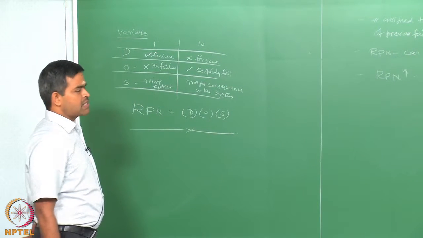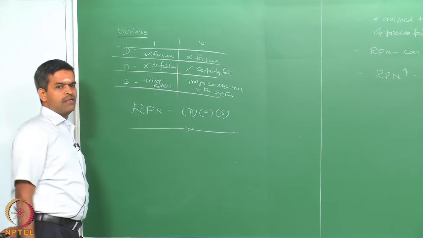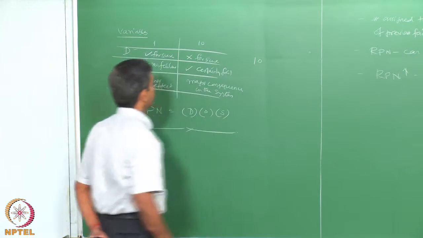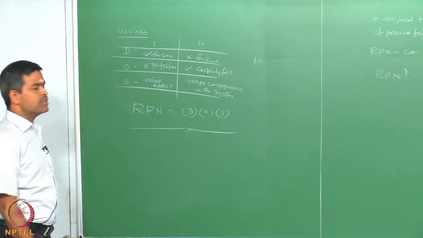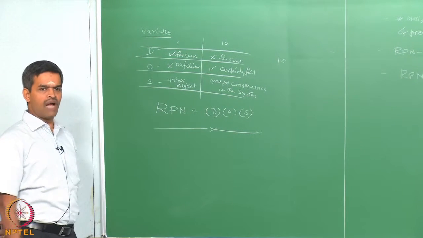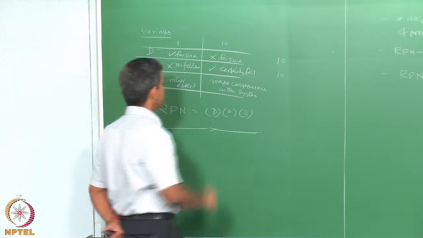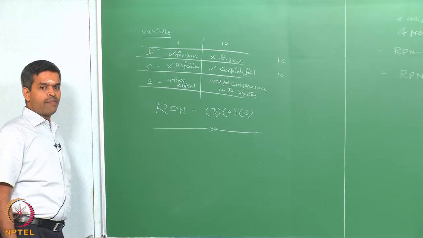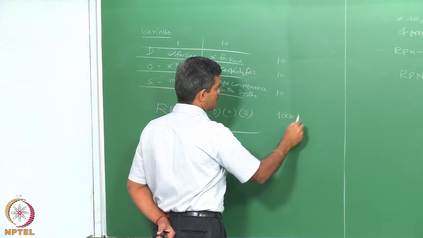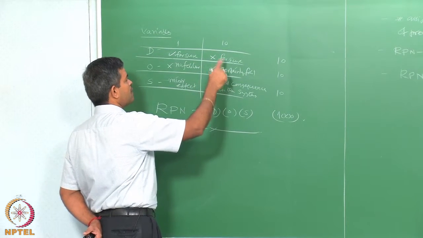Let us say, for example, what is the maximum number we can likely get in this. Let us say I have a component for which the detectability is unnoticed, for sure you cannot detect it, let us say the value is going to be 10. Similarly, rate of occurrence, one can say the component generally will not fail, but there is a possibility that the component will certainly fail after a long time of iteration or duration or repeated usage, etc. Let us say assign 10 here also. If the failure will have a major consequence on the system, then again it is going to be 10. So, the maximum product can be 1000